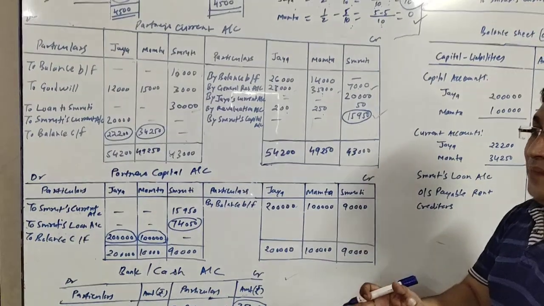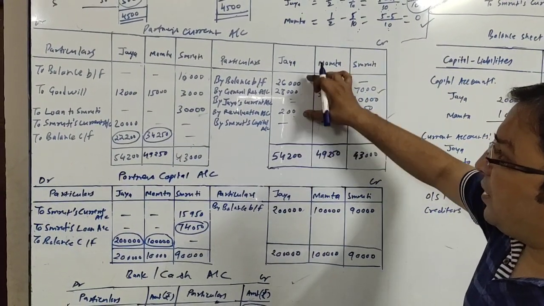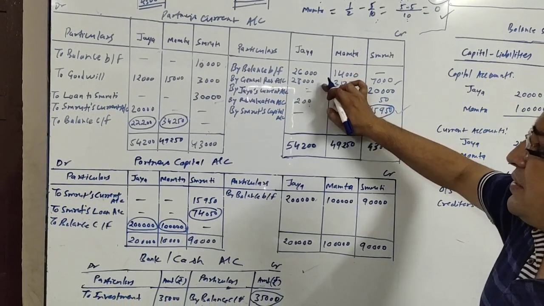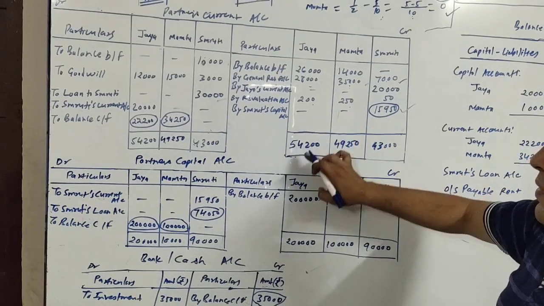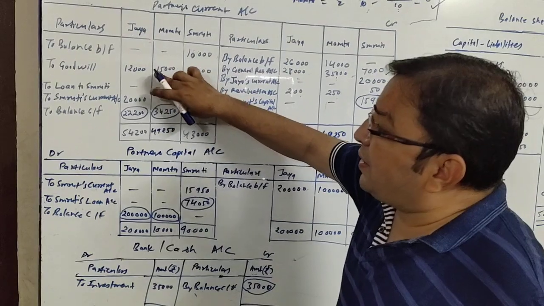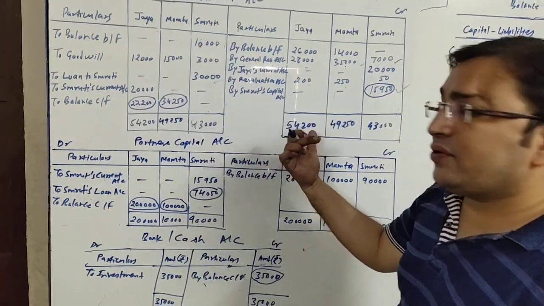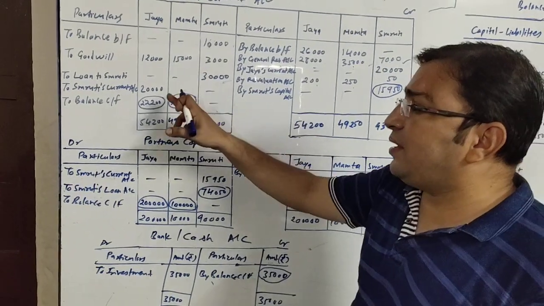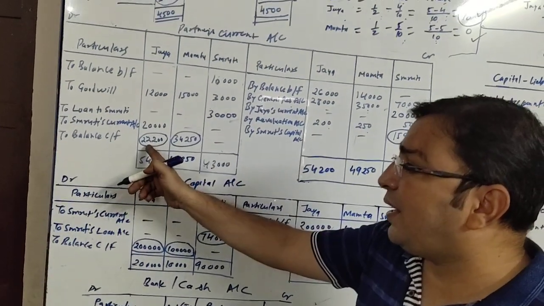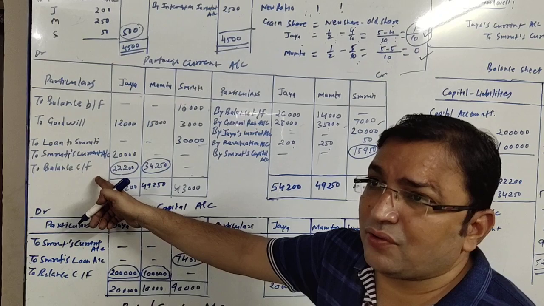Let us talk about the balance of the remaining two. We will be finding the balance and writing accordingly in the books. If we talk about Jaya, she has 3 entries on the credit side, 26,000, 28,200 respectively, and the total is 54,200. On the debit side only 2 entries are there, 12,000 and 20,000, total is 32,000. Credit total is more, 54,200. We deduct 32,000 from 54,200, we get 22,200, which is the closing balance of current account of Jaya.